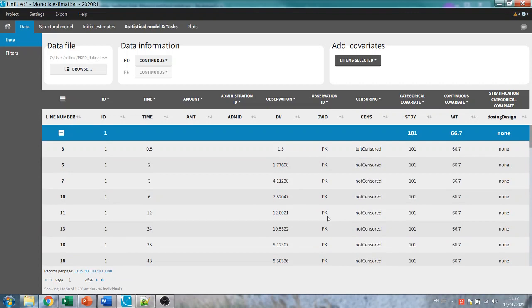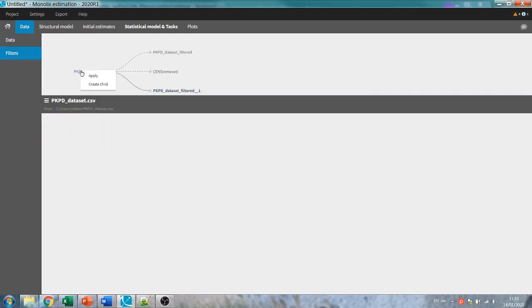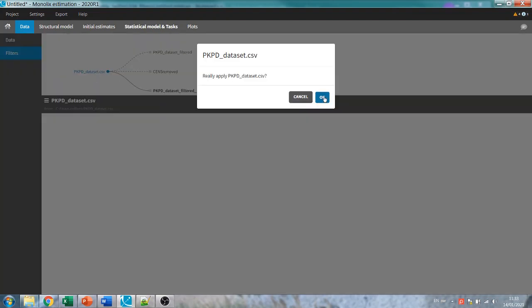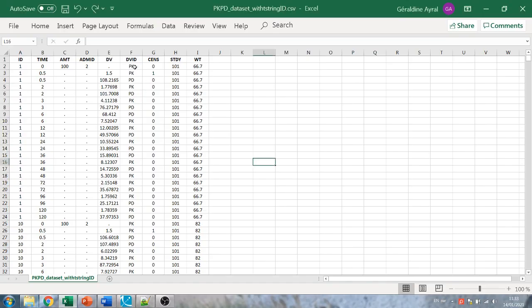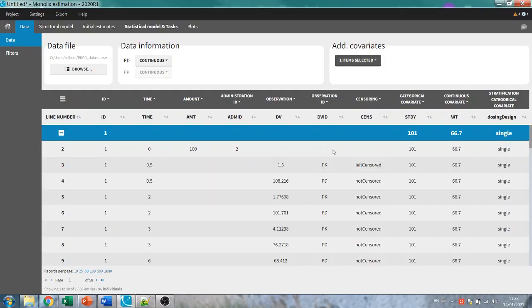This is because in the interpreted parent dataset, that I will show you again by applying the parent dataset, we see that we have no information in the DVID column for dose lines, because this is irrelevant. And this is the case even if in my original dataset I had put PK on those lines. So Monolix really works on the interpreted dataset that you can always see in the Data tab here.